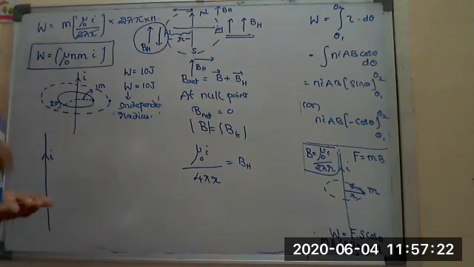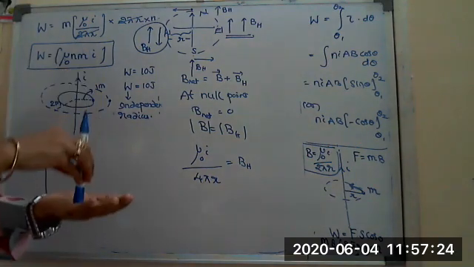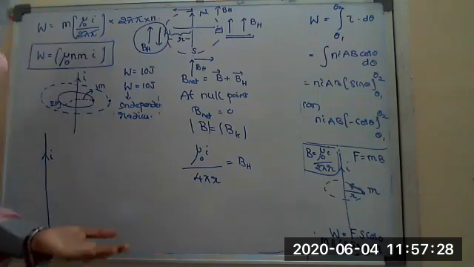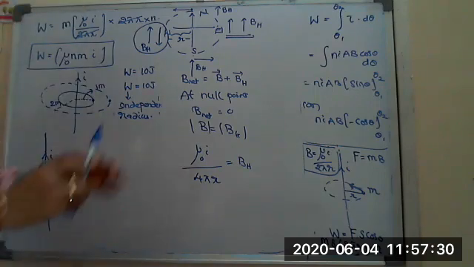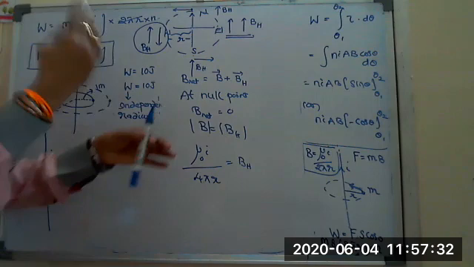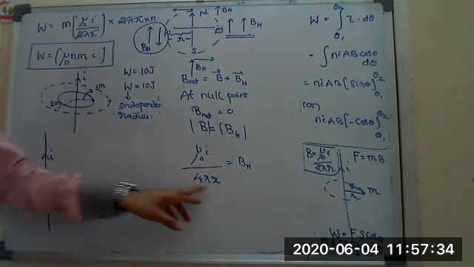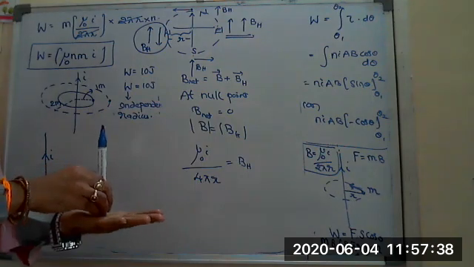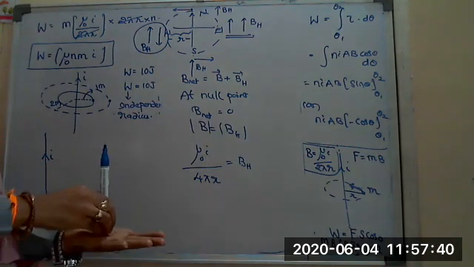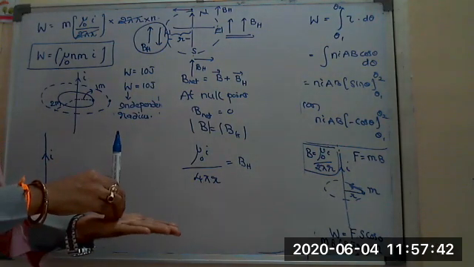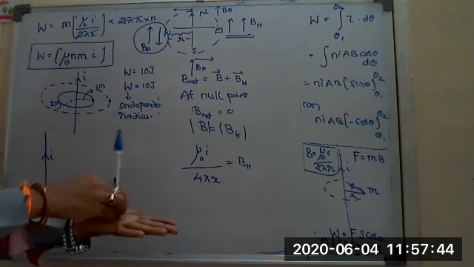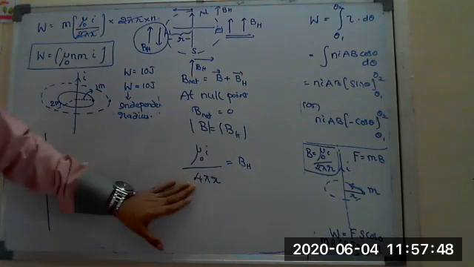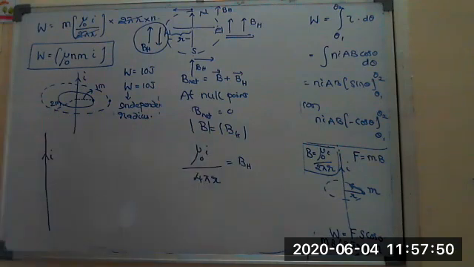If a wire is already penetrated into the earth, and from there we took the wire, then we can take both sides as infinite ends, and write mu naught I by 2 pi R. But in general, we can't pass this wire into the earth. Generally, we place that wire on the surface of earth. On the surface of earth means one end is finite. So the general case is mu naught I by 4 pi R equals BH.